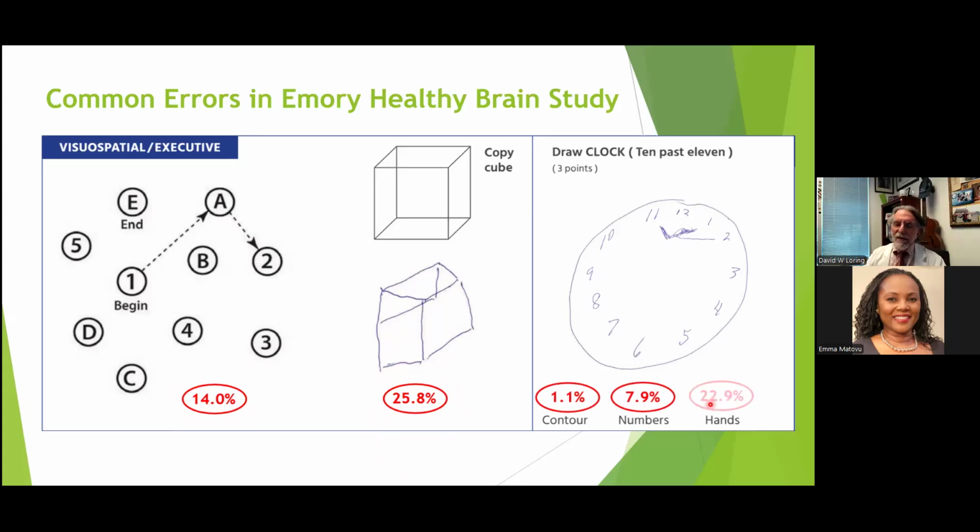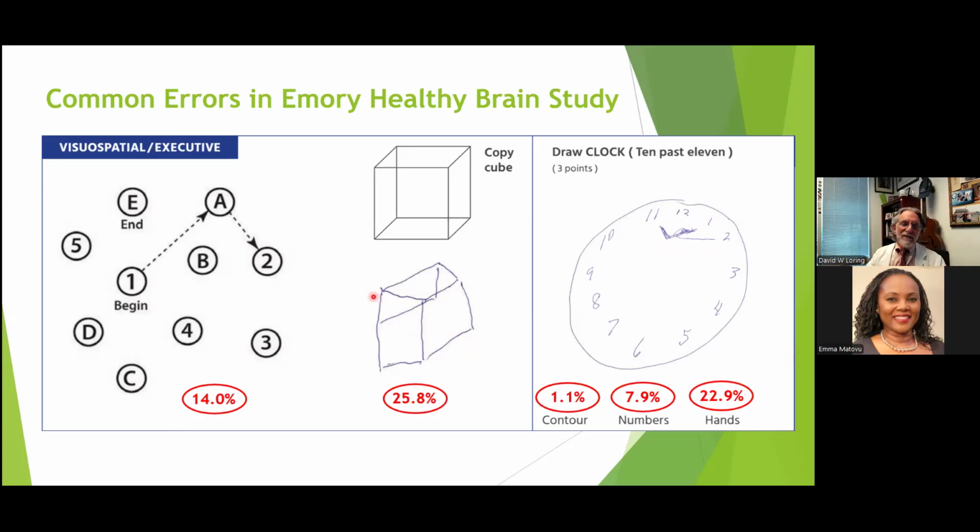But what we see here more frequently is a very high frequency of hand errors. In my experience, it typically is the fact that, as we see in this case, they're not centered all the way down. And also the hands themselves, the scoring criteria explicitly state they need to be clearly different in their lengths, reflecting the hour hand and the minute hand. Frequently, they're the same length. Sometimes there's subjective criteria as to whether you can meaningfully make that distinction or not.